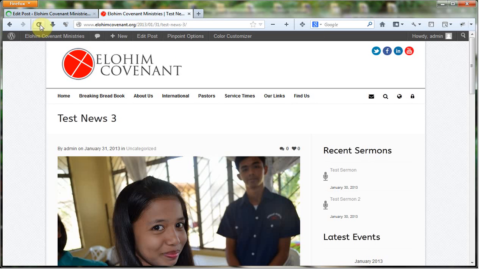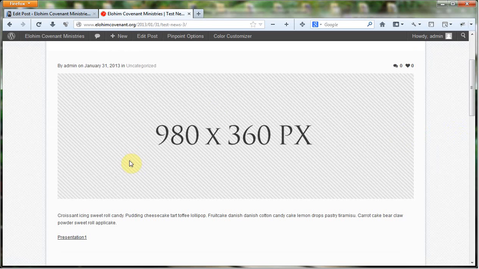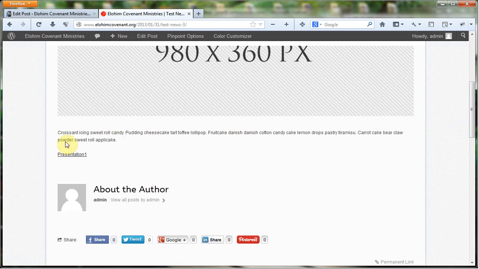Now when we come back over here and refresh our page, we're going to see that our sidebars disappeared. We have our 980 by 300 pixel placeholder image in here. We've got our content, but now we also have a link directly under our content. And by the way, it'll also show about the author. If you have an avatar in the system, the avatar that you have in the system will be placed right there. It will also say your name, and we'll also give them an option to look at all the posts